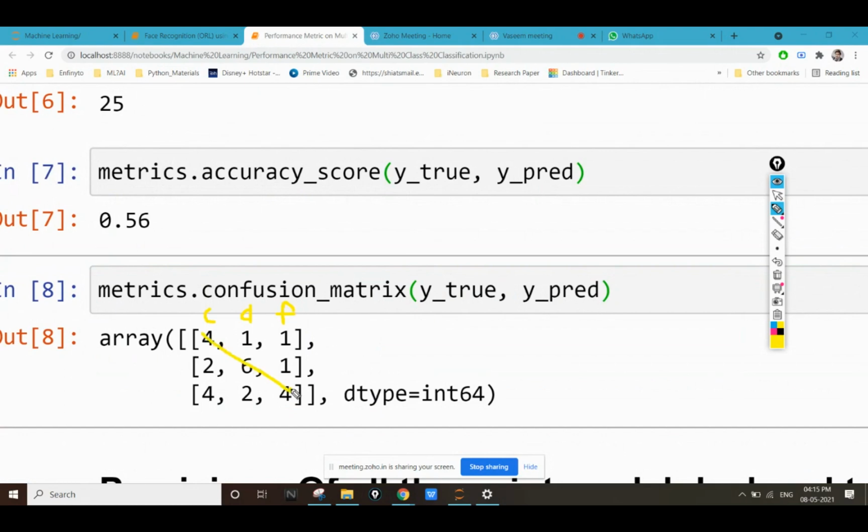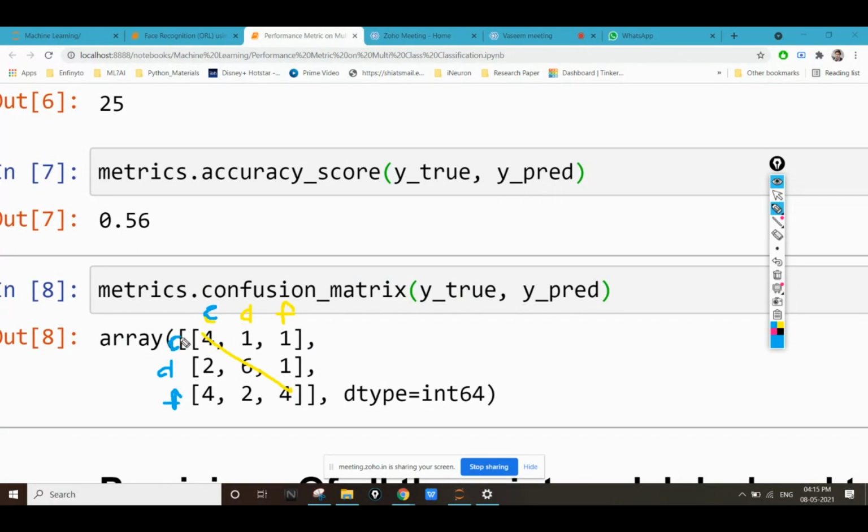This is my primary diagonal, which shows how many values I have predicted correctly. In the case of cat, I had a total of 10 values, and out of these 10 values, I predicted only 4 correctly. In the rest of the cases, I predicted 2 values to be dog and 4 values to be fox.